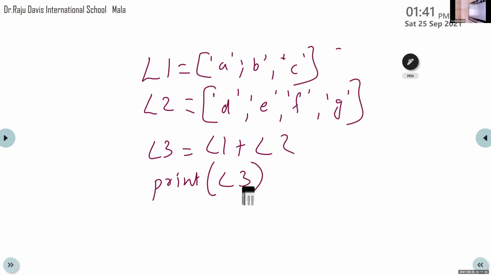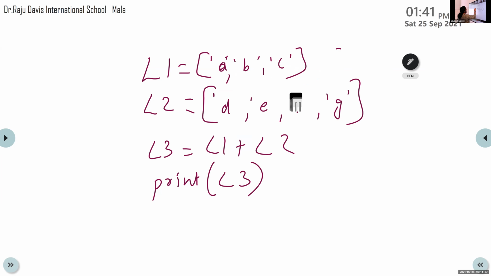Write the code first. L1 is equal to 'A', 'B', 'C'.